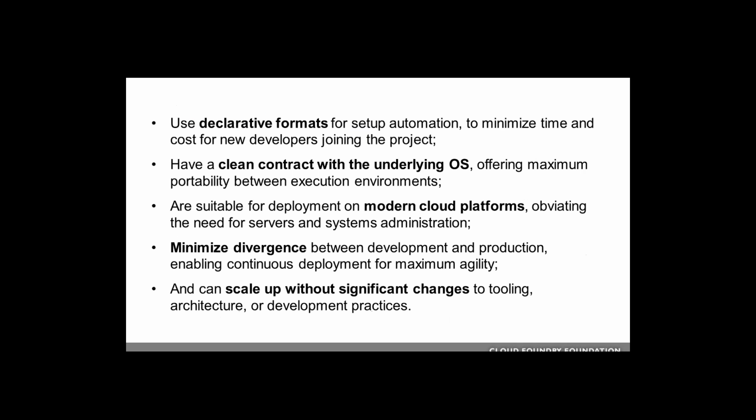Now, when you're working with a platform, that declarative format is simply the ability to tell the platform what you want to exist and trust that it's going to occur for you. Second, you want to have a clean contract with the underlying operating system. That's really important because the idea that you're going to have application code that's tightly interwoven with specific features of an operating system and configurations of an operating system is dangerous, and that's where you get a lot of drift between various environments. The third is